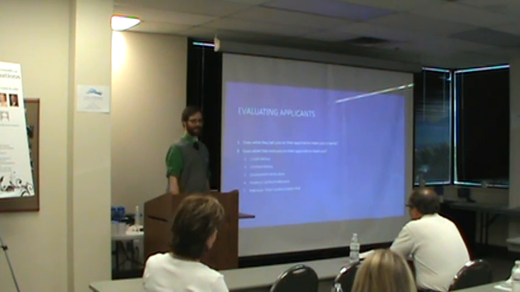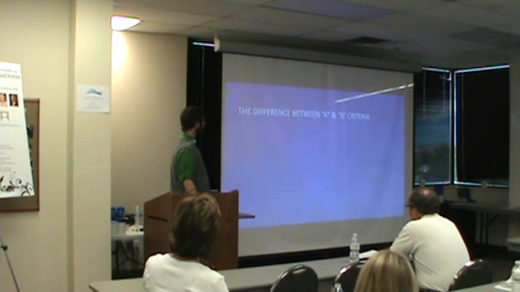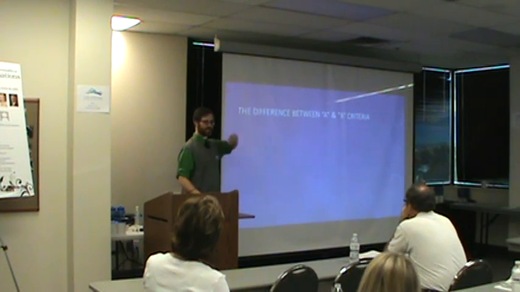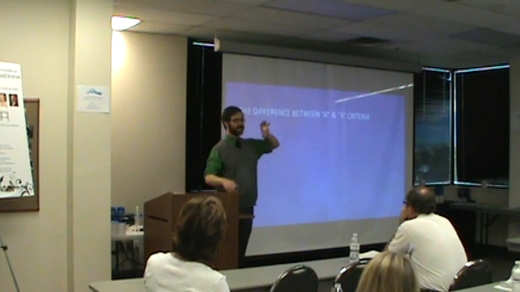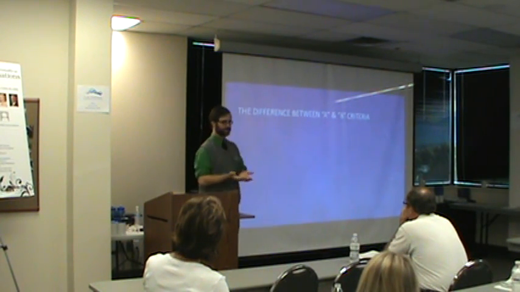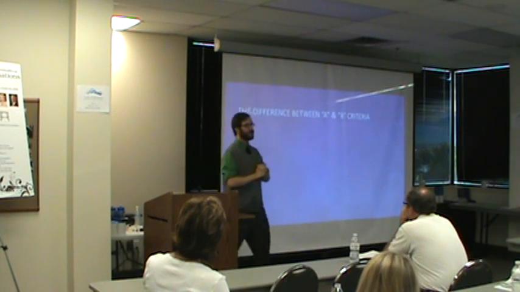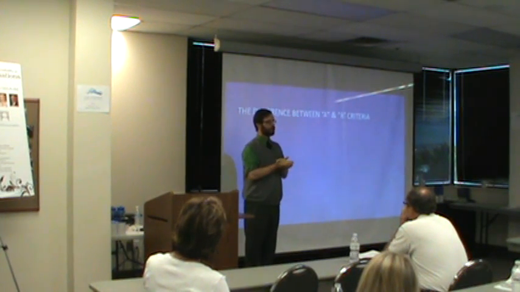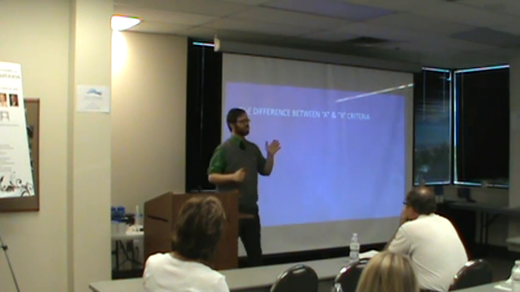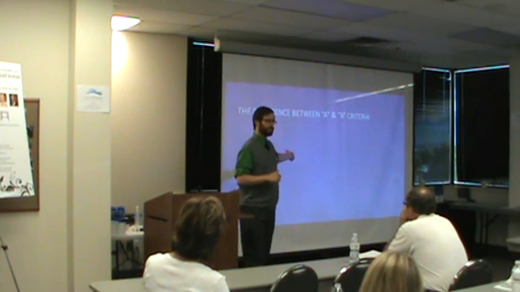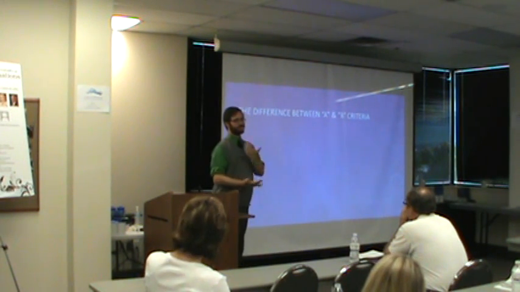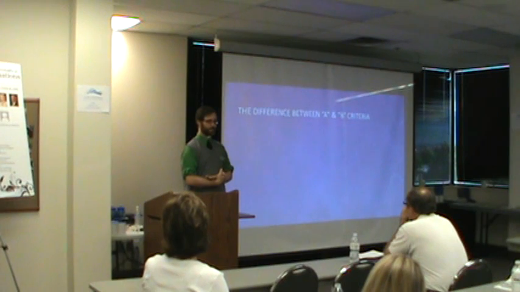All right. One last point I wanted to bring up is the difference between A and B criteria. You can set up a set of criteria and say, I will rent to you if you do this. And then you can set up and say, if there are these other problems, I will also rent it to you if you do this in addition. So I wouldn't recommend doing this about, say, criminal things, but here's a good example. If you require that they have been employed for 6 months at the same job, and they've only been employed